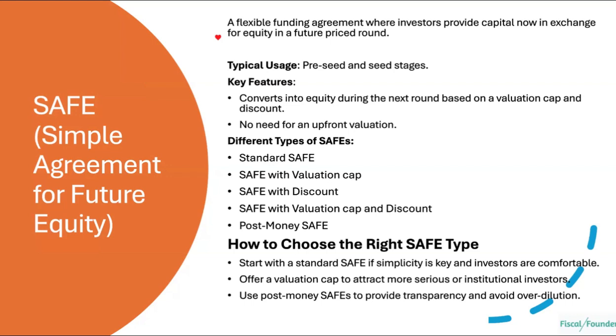So this is the incentive for the investor, right? To give you money right now because they have a future potential of getting more equity at a lower valuation or at a discount. And the benefit to you as a founder is you don't have to jump through the hoops. It's easy, it's fast. There's not a lot of agreements to sign, and it's non-dilutive at the beginning. And it's not a loan. So if your company doesn't go anywhere, you don't have to pay it back. So, it is like equity, but it's not equity at that time.